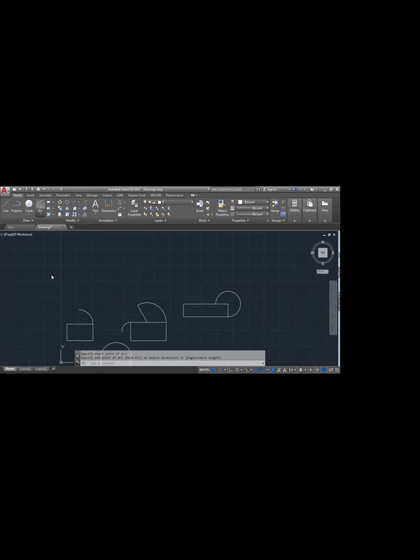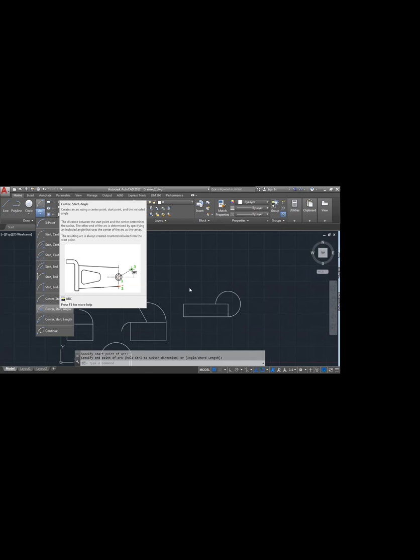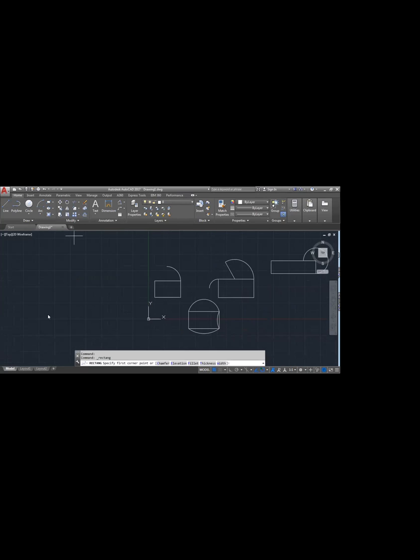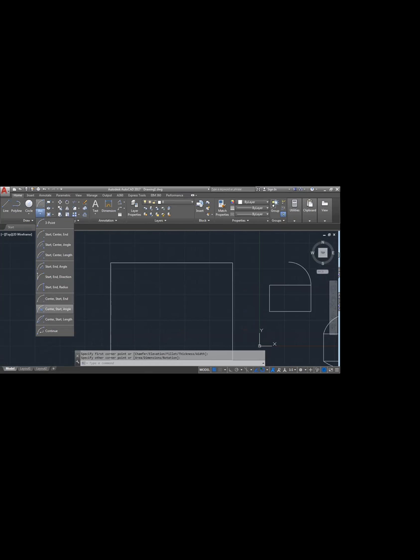And here this is start, center, start angle. First center, next starting point, and then angularity. At how much angle we need. Center, start, angle. Center, start. I'm using this.